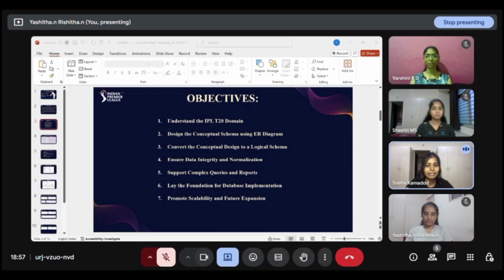Seventh one will be promote scalability and future expansions like adding new seasons including ball by ball data, tracking players,